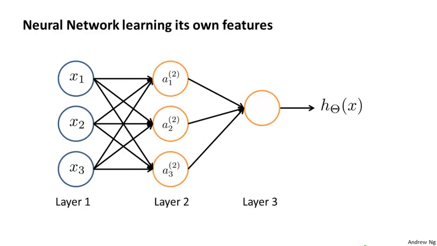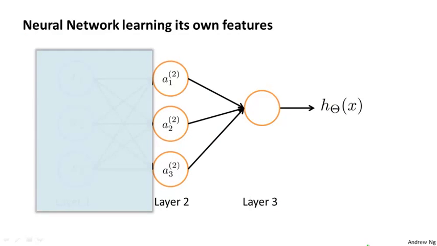Consider the following neural network, and let's say I cover up the left part of this picture for now. If you look at what's left in this picture, this looks a lot like logistic regression, where we're using that node, that's just a logistic regression unit, and we're using that to make a prediction h of x. And concretely, what the hypothesis is outputting is h of x is going to be equal to g,